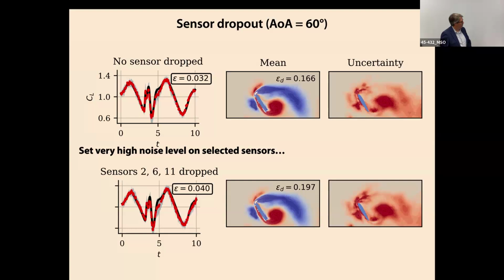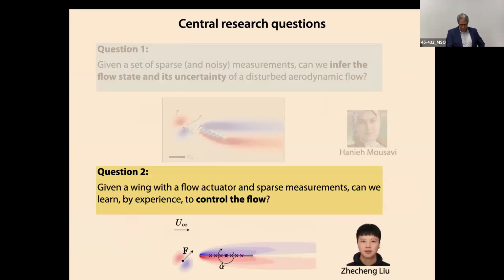And then we drop 3 of them actually. This is as bold as Hania wanted to be. I'm trying to get her to go further: just keep dropping sensors. She dropped 3 and still did a pretty good job there. At some point this is going to fail, because we're going to have fewer sensors than states to estimate, and so this will probably start working poorly. Okay, so I spent a lot of time talking about that.